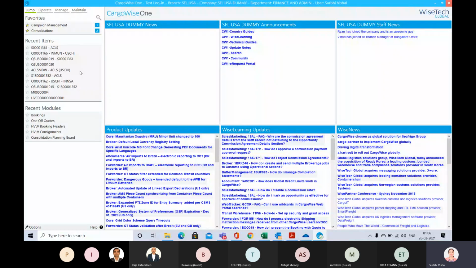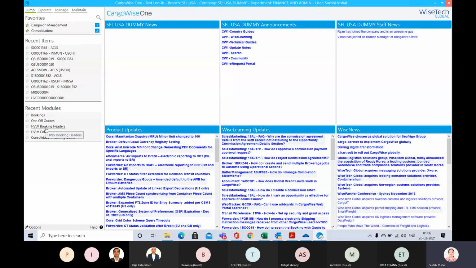Okay, so this is the CargoWise screen, and this is the jump screen, which is actually the shortcuts, you can say, to go inside any module. It has been divided into three parts: favorites, recent items, and recent modules. These recent items are those which I have just now visited.